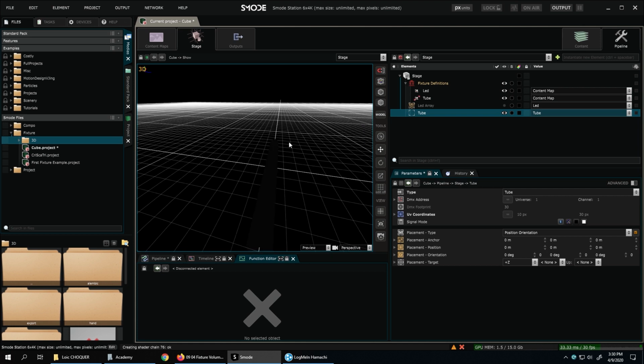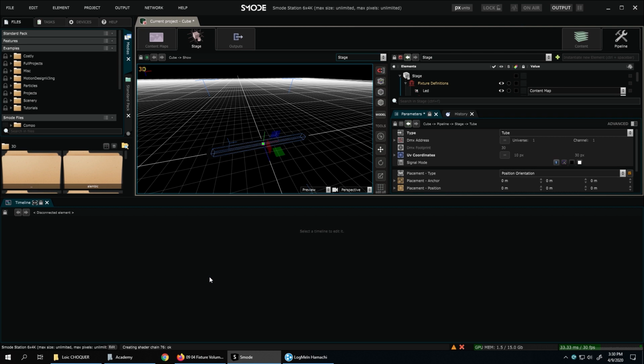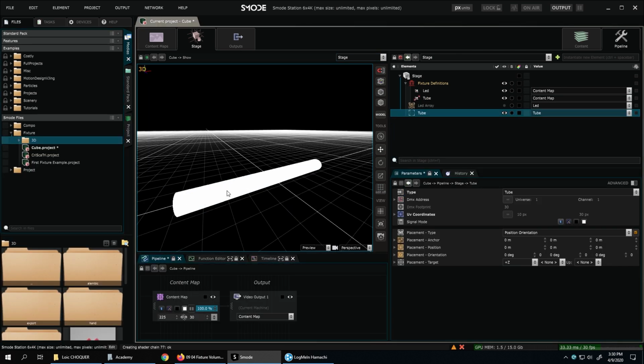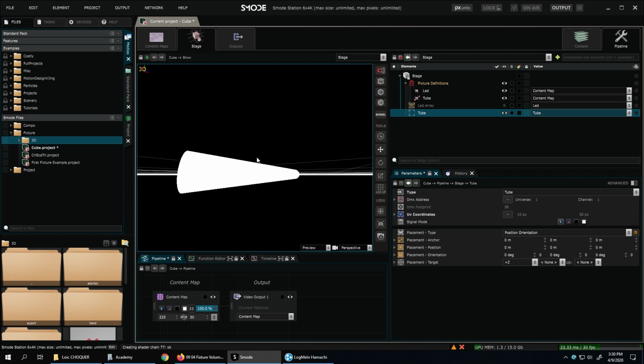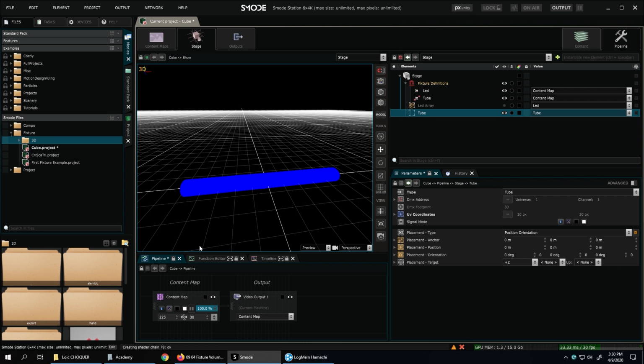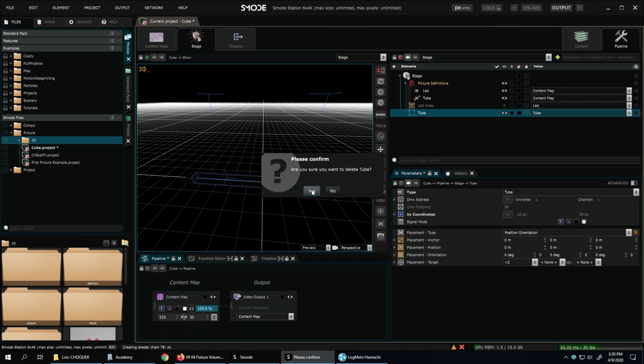We can see it's rendering like a tube. Put it in white. So it's not a point. It's point, but it will be rendered like a tube. Okay.